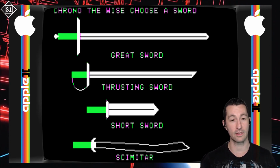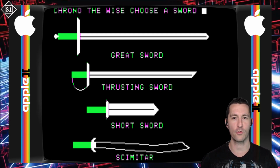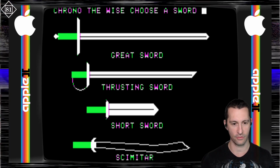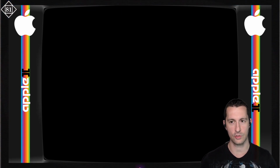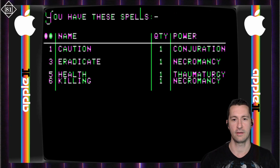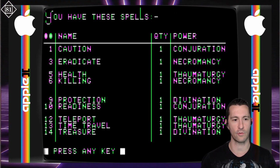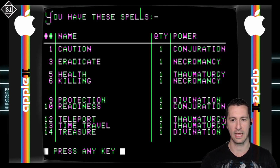If we had the manual, we could look up what these are, but we're just going to go in blind for the Apple II version. Chrono the Wise, choose a sword. Let's start with thrusting sword. Weapon chosen, thrusting sword, yes. You have these spells. Oh, that's good to know. We have a caution, eradicate, health, killing, protection, readiness, teleport, time travel, and then they have the power of, and based on what it is, conjuration, necromancy,